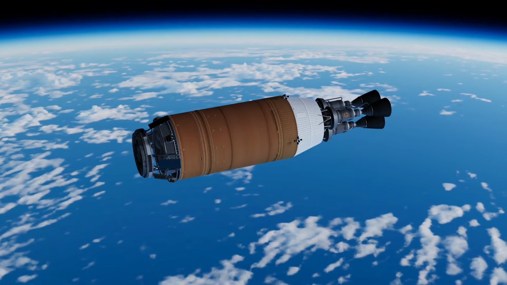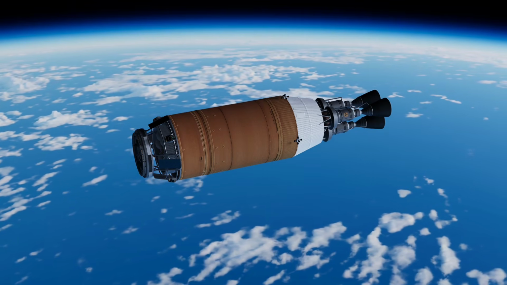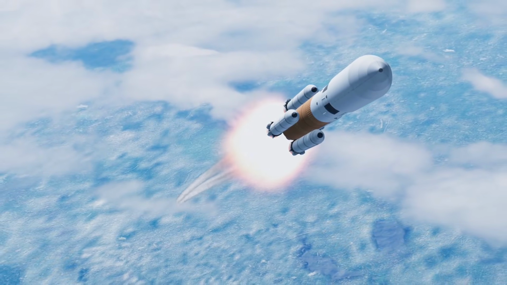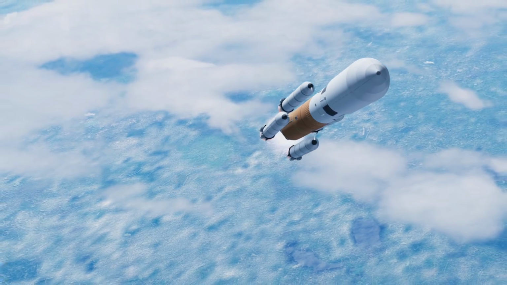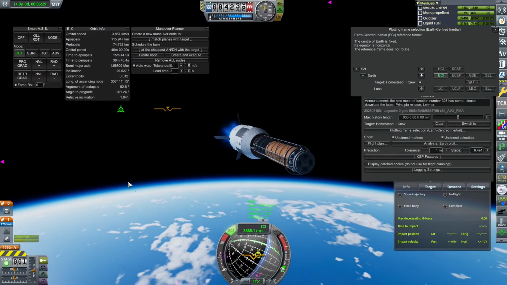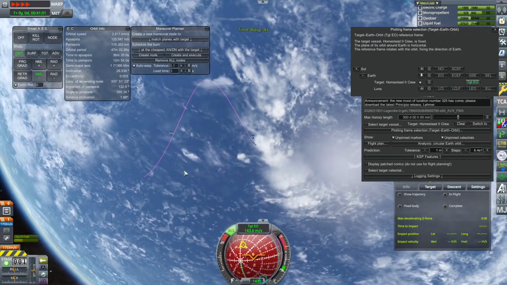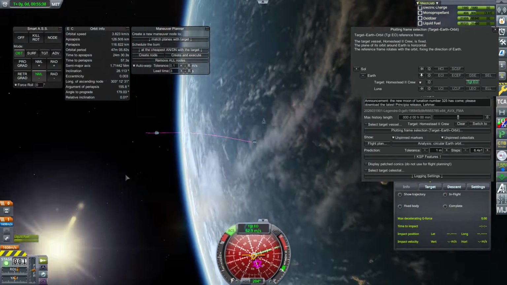Just got the second booster into orbit here, and this is for the crewed aspects of the mission. So I'm building up this big crew ship based on the Constellation Program, and that was a program that was supposed to be the primary space flight program for the US after the shuttle era ended. The idea was they'd reuse shuttle components to create the Ares 1, which would be like a crew